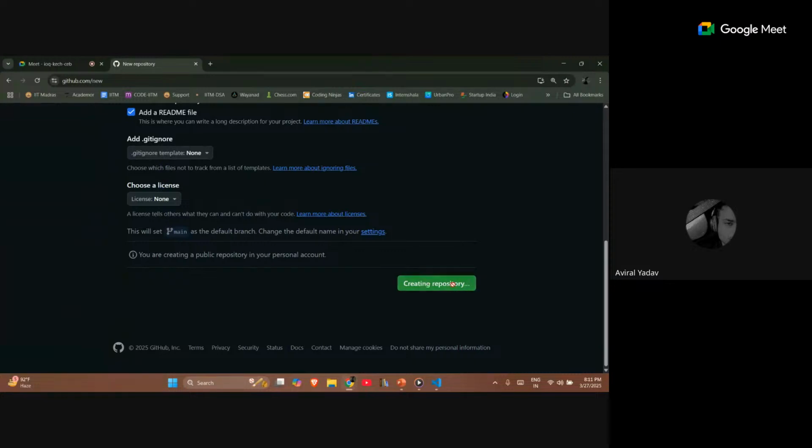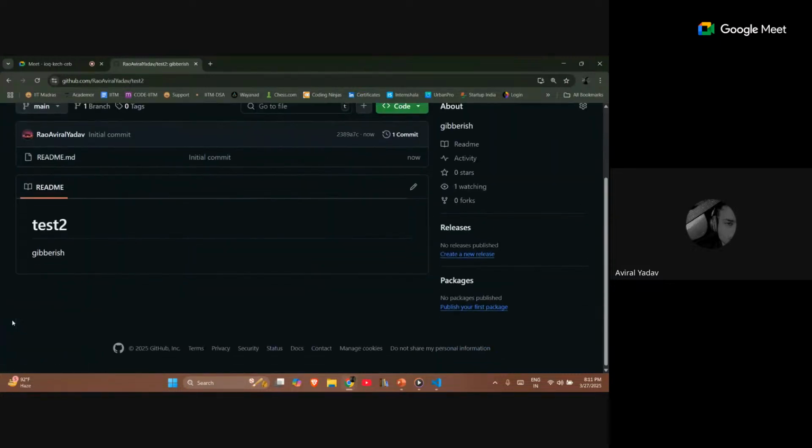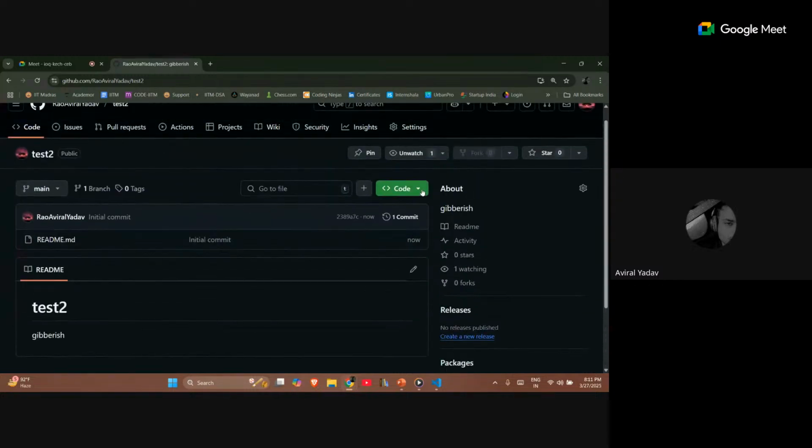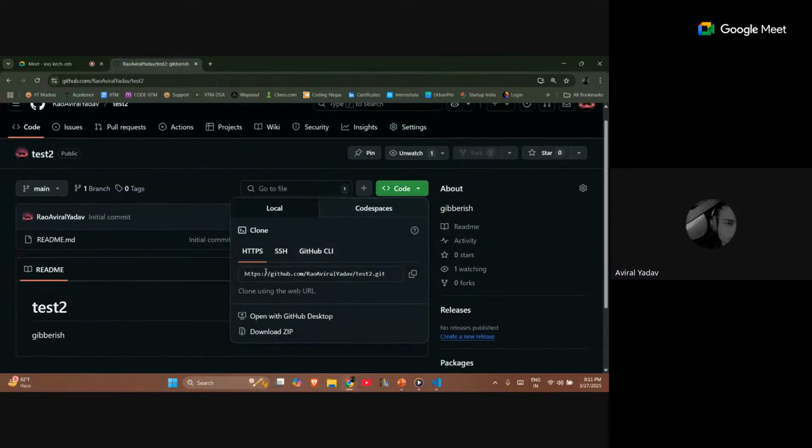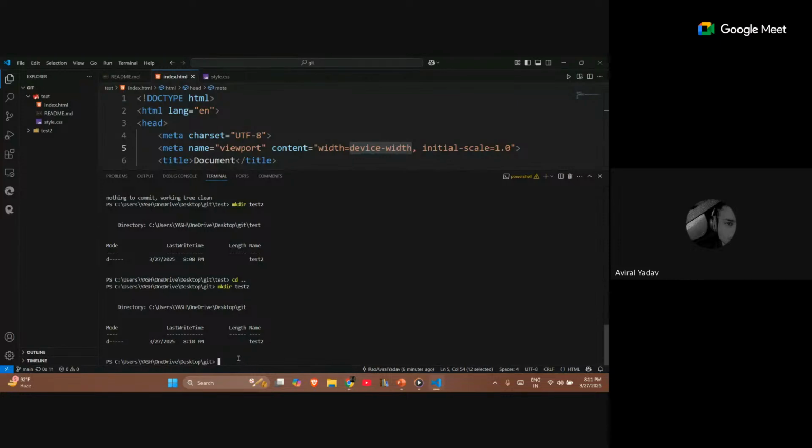And yep, let's create a repository. So you can see that a new repository is created, and with that you can copy the https link over here, copy it, come back here, and use git remote and the new directory that you want to have.